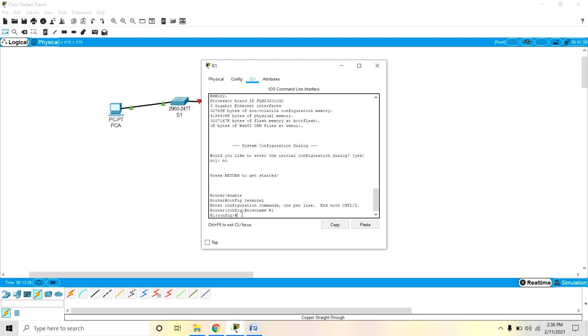Now we will give no ip domain-lookup, so that any mistyped command is not looked up as a domain name.